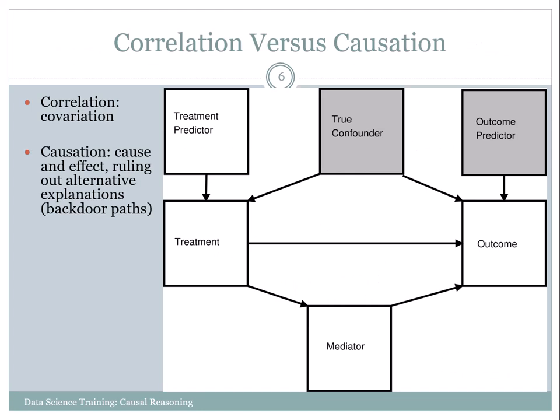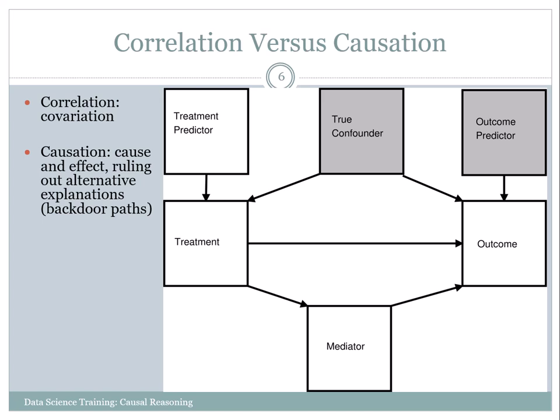This shows in a more schematic way what's going on and the difference between correlation and causality. So here, the treatment has a direct causal relationship with the outcome, which is the middle straight arrow. It also has an indirect relationship through the mediator. However, these relationships are also confounded by a true confounder, which is a common cause of the treatment and the